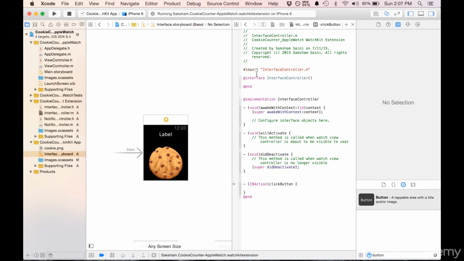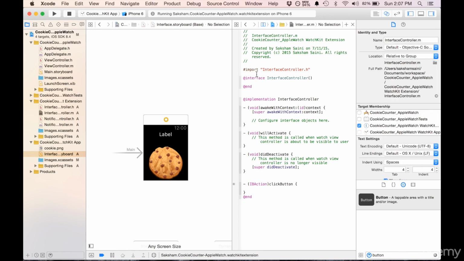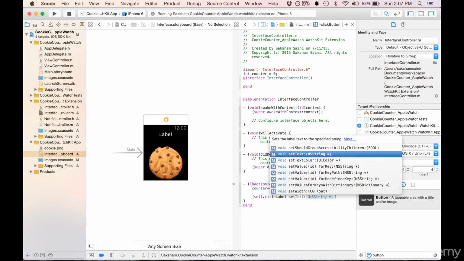First, I'm going to make a global variable inside our .m file. So int counter is equal to 0. Then, inside our click button method, I'm going to increment the counter every time the user presses the button. Now, I'm going to set the text for this label. So, title label set text